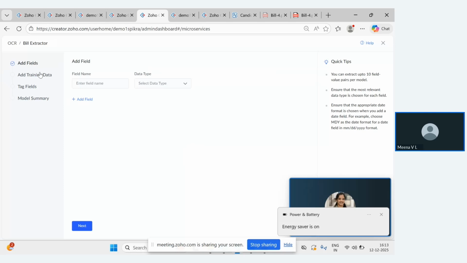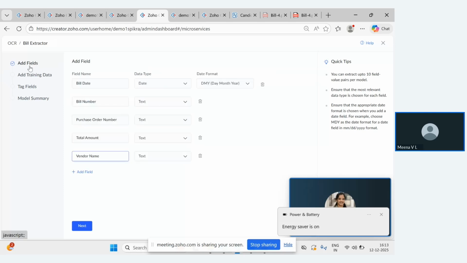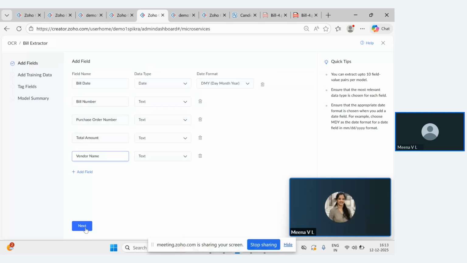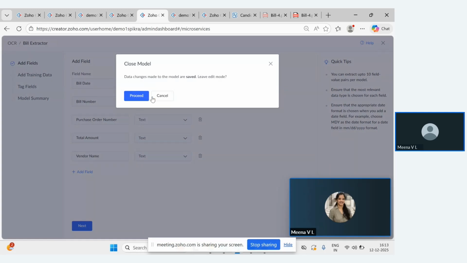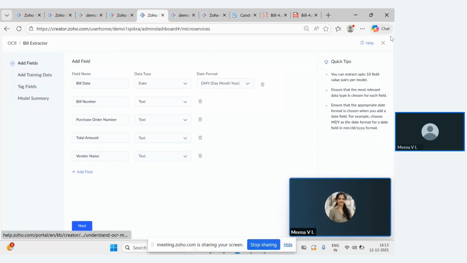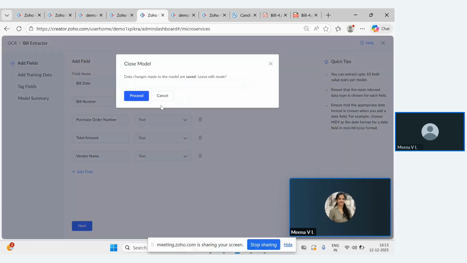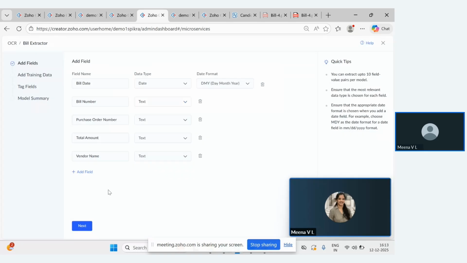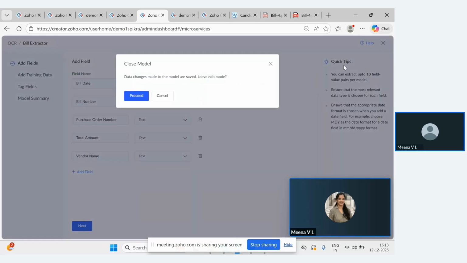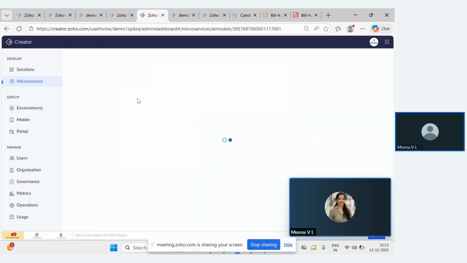And if you want to make any changes to the previous setup that you had given, you can just go ahead and change it. So if you want to make any changes, then you would need to click on edit. If you just want to retrain it, you can just click on retrain there, right? So basically I have done a modeler earlier to this demo. So let's go there to check this out.